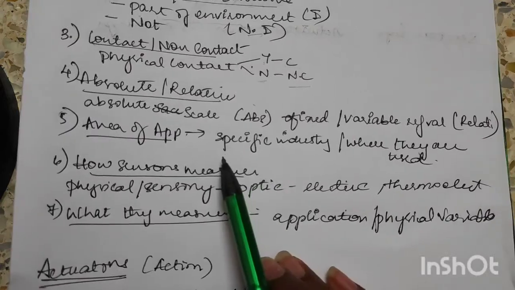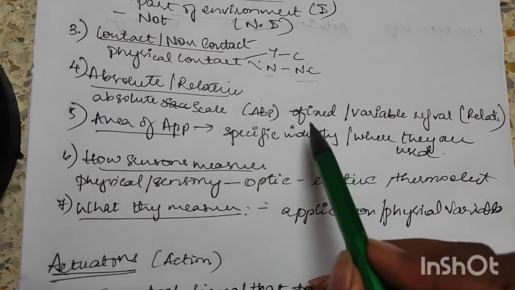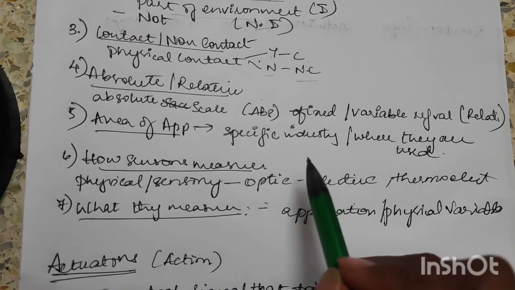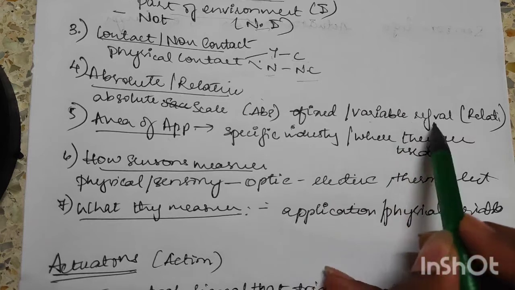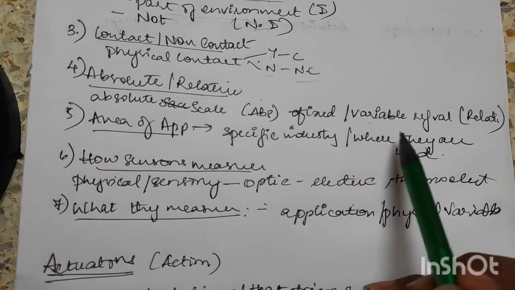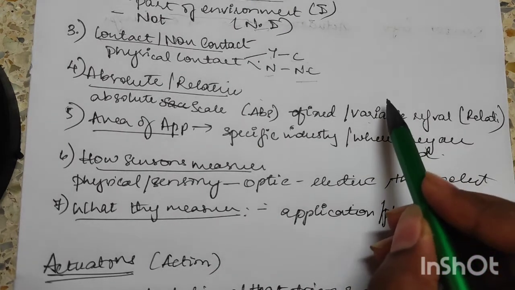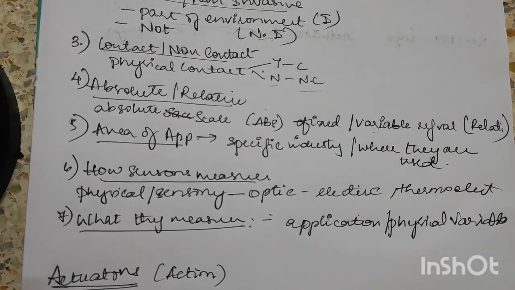Then you have absolute and relative. Absolute scale is where you have a fixed set of values which you always refer to. And then you have relative values that use variable references. For example, if you keep the highest temperature ever recorded, you need to use a variable temperature. So whenever there is a highest temperature present, your new value has to be compared with the